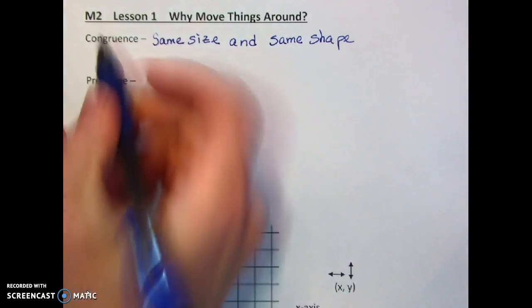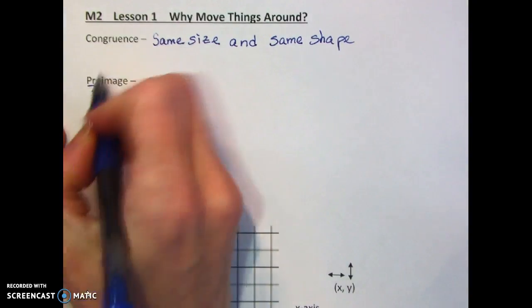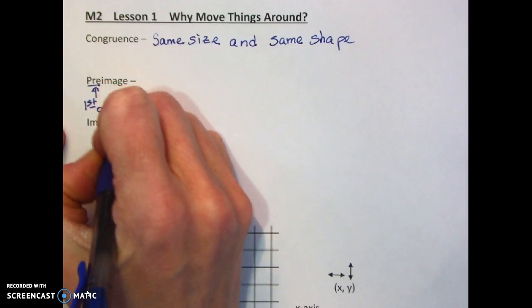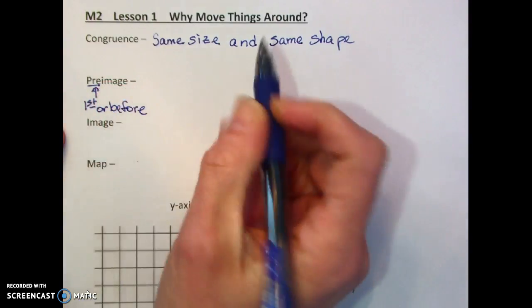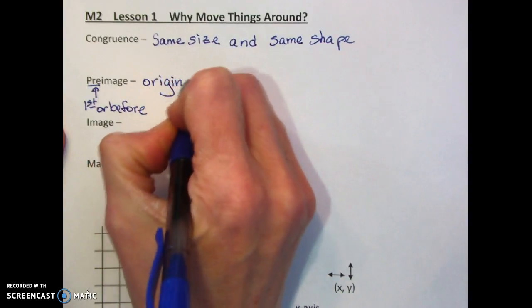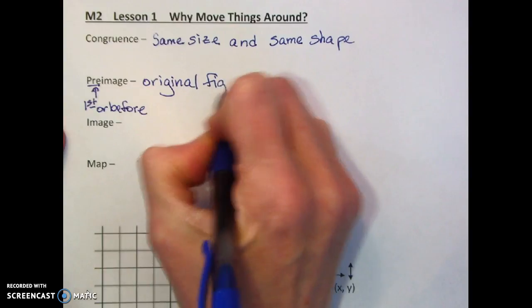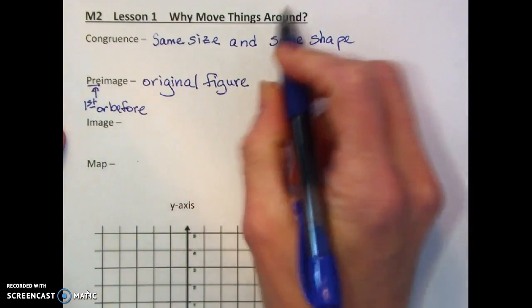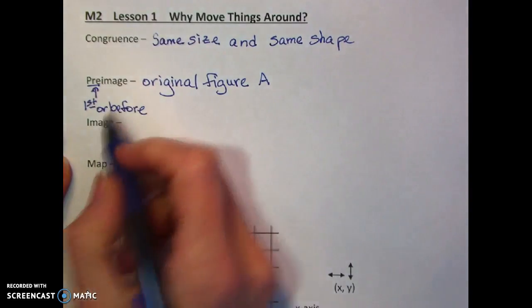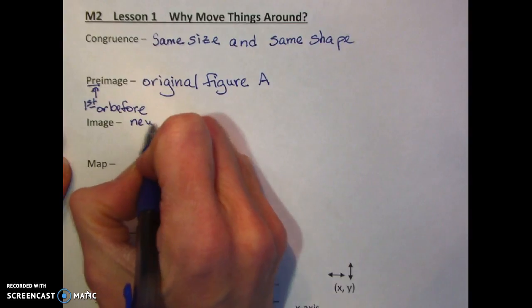Pre-image, meaning first or before. So the pre-image is the original figure. And they would use just a letter for that a lot of times. The image is the new figure,